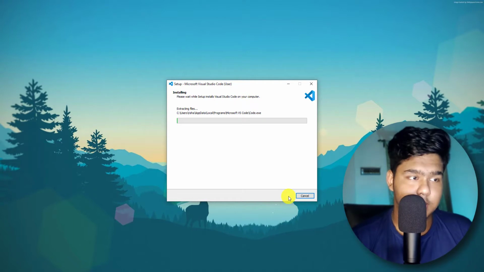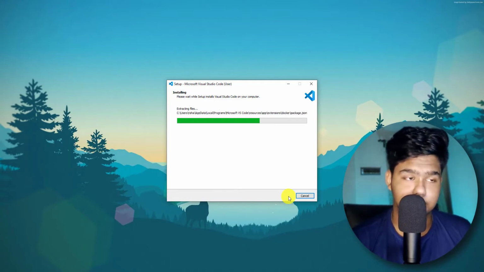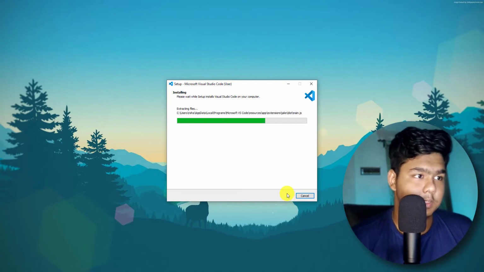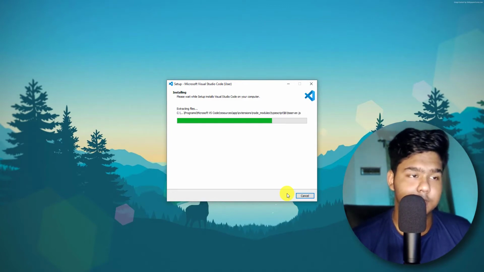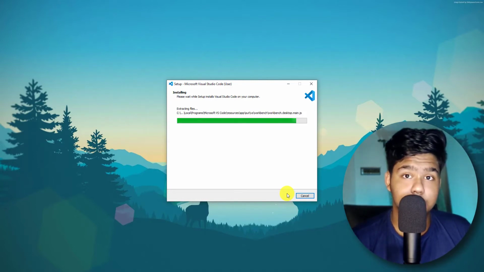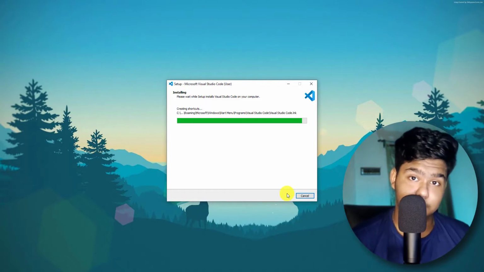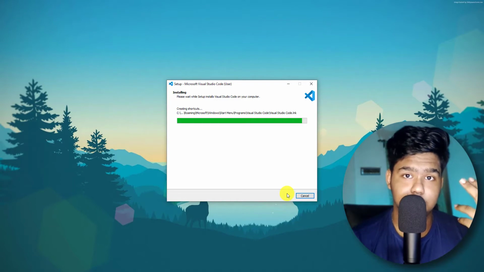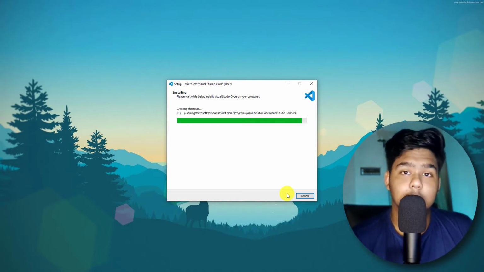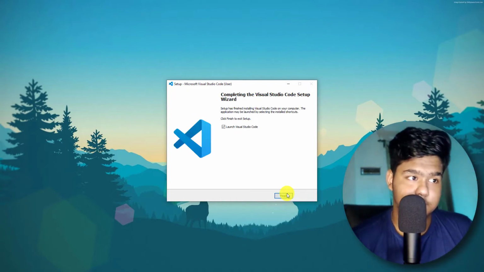For me, I have already installed VS Code earlier, but I am still showing you for all of you guys, because it will be easier for you. The location you don't have to change, just keep it simple. Click next, and it will be completely installed. There will be no problem in that. Once this is installed, we will continue with what Microsoft has provided us, simply setting up Java with VS Code. We will run that exe file.